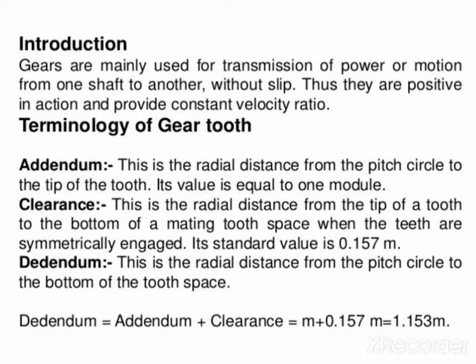Spur gears. We all know these gears have their teeth parallel to the center line of the gear. The teeth present on these gears are parallel to the center line of the gear. Hence they are used for transmitting power between two parallel shafts. Then helical gear. In a helical gear the teeth are cut at an angle with the axis of the gear. These form a helical path around the gear. So these gears can be used for transmitting power between parallel shafts or non-parallel and non-intersecting shafts also.